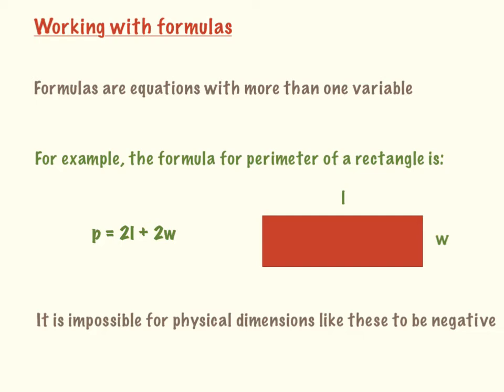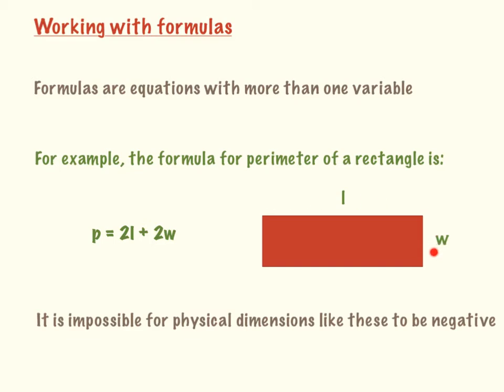this isn't too foreign to you here. The formula for the perimeter of a rectangle, I've got a rectangle shape down here, is given by this formula over here. P stands for perimeter, equals 2L plus 2W, twice the length plus twice the width. Imagine looking over at this rectangle. Here's your length, here's your width, so this distance here is the length, and this distance here is the